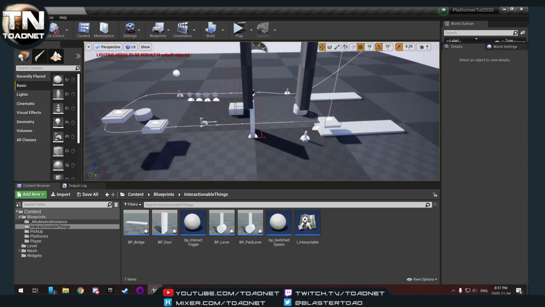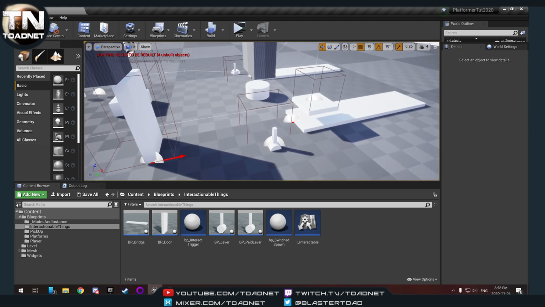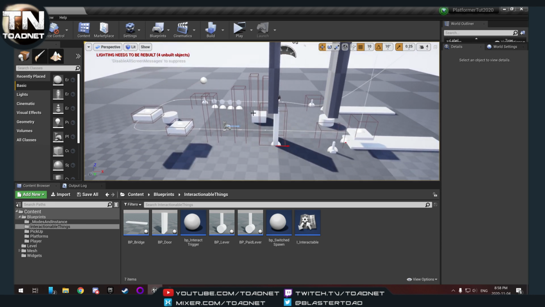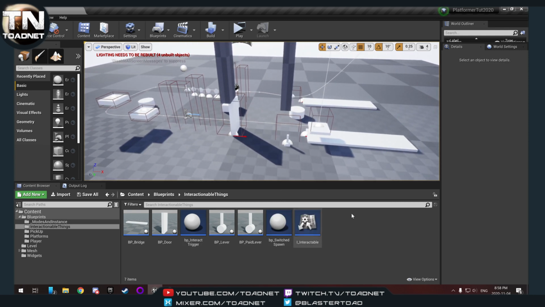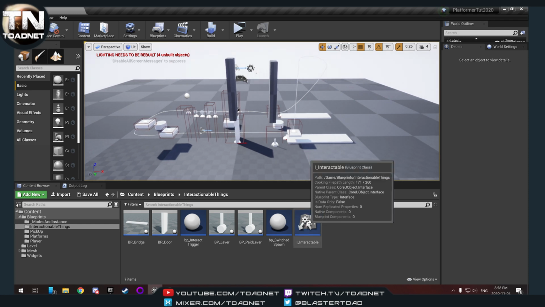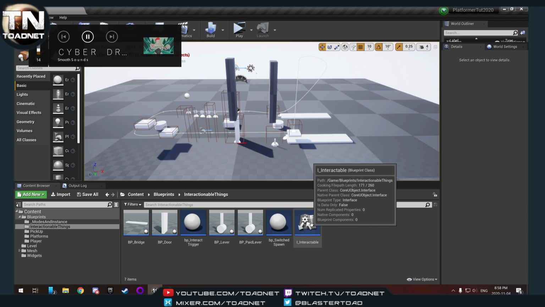But anyway, the request from Pierre Andre is a split in the track. So being able to take branching paths, okay? And we're going to expand our interaction system a little bit so that we can handle that. So let's get started. The first thing we're going to do is open up the interactable interface,